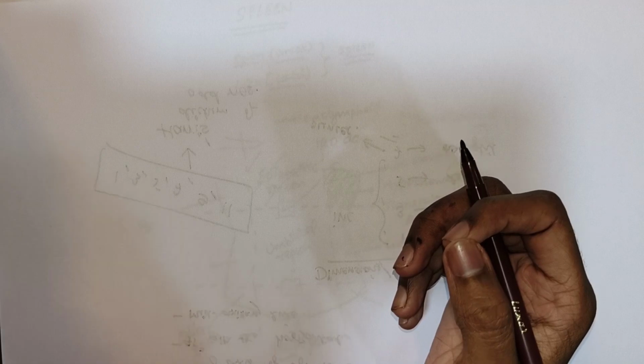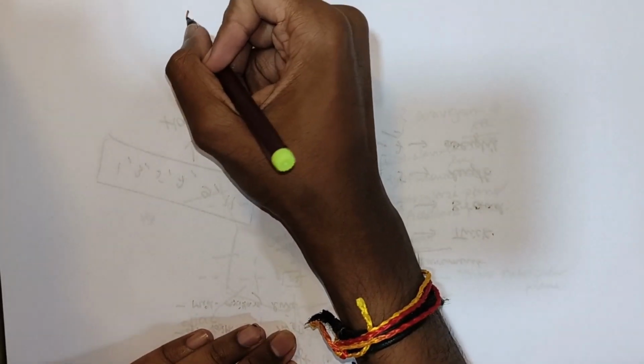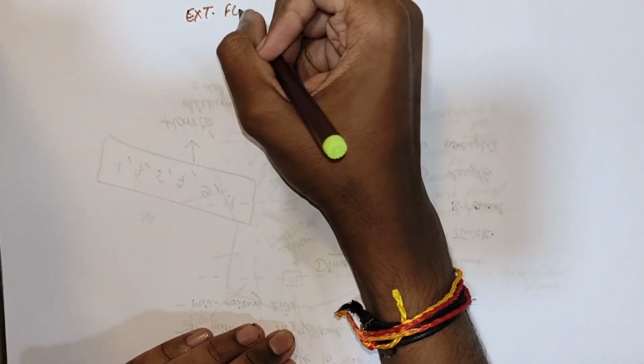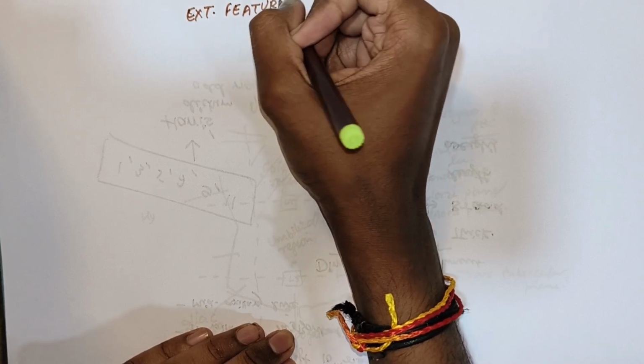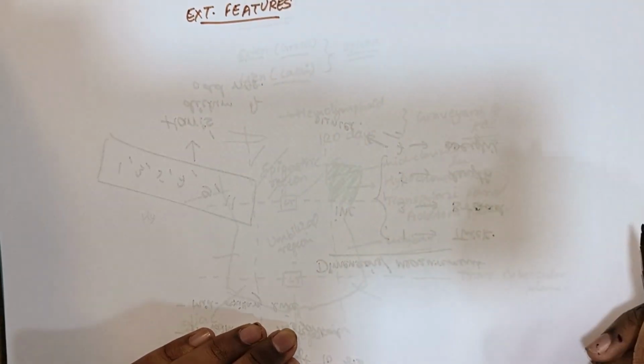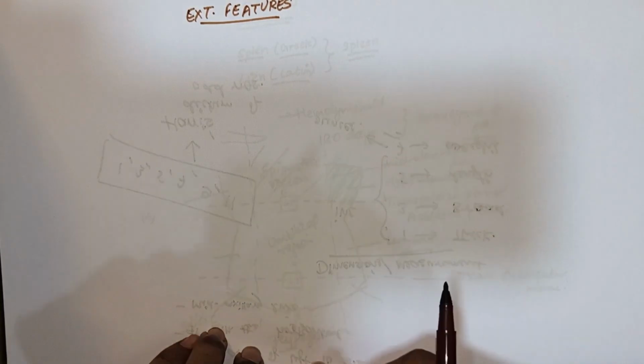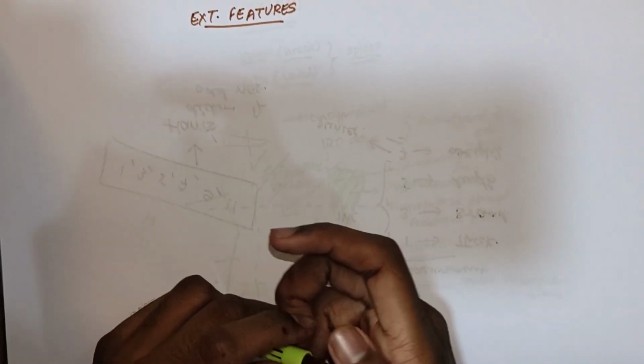Now let's come to the most important part pertaining to anatomy of the spleen, the external features, or the gross features of spleen. Now if I draw a rough diagram of spleen here,